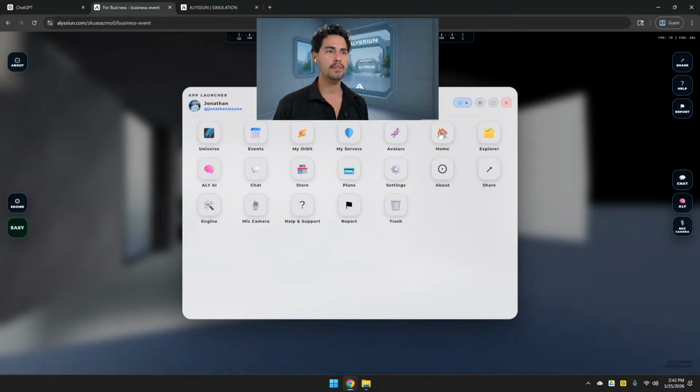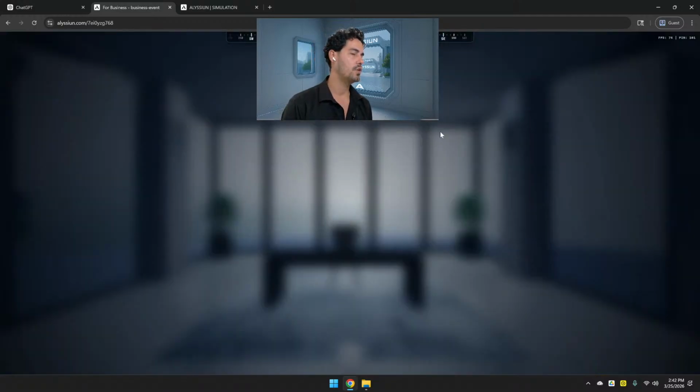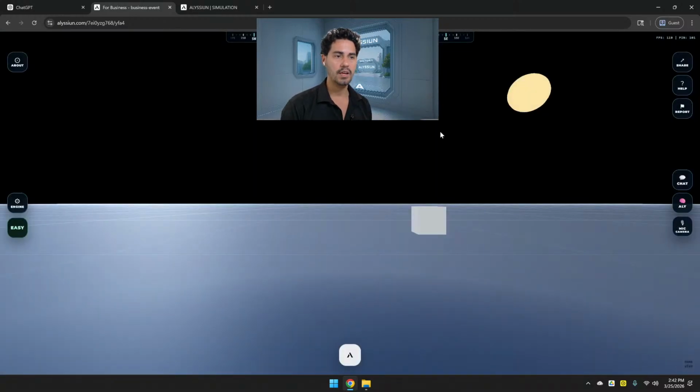And home is basically, when you go there, that's very important. When you enter, ALYSSIUN takes you to random spaces. The algorithm is going to know what exactly you like. If you like business or social more, it's going to keep you in that space. It's not going to merge everything like crazy. If you are in business, doing something serious, you don't want gamers, and that's what I understand. And the same if you are gaming: you don't care about business, you just want to enjoy your time as a gamer. You're going to be in those spaces. ALYSSIUN is going to take care that everyone is getting what they want.